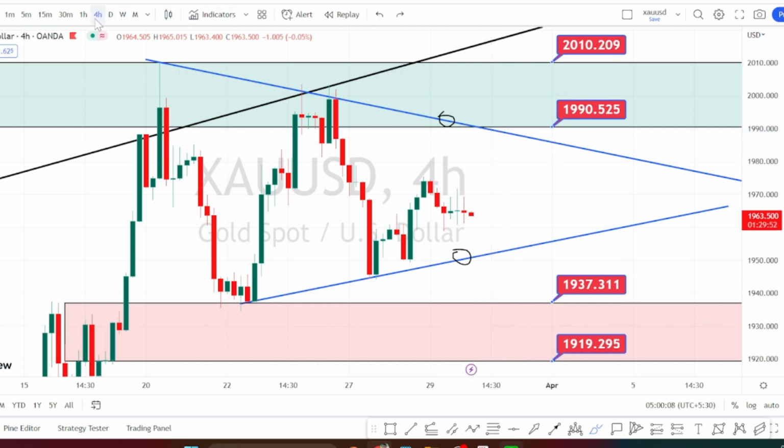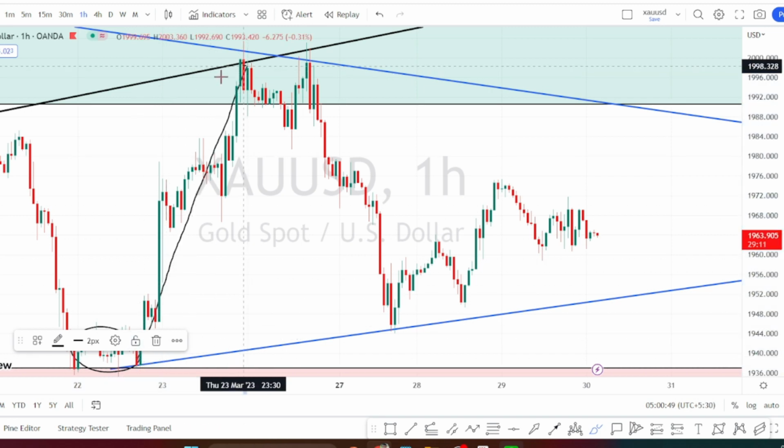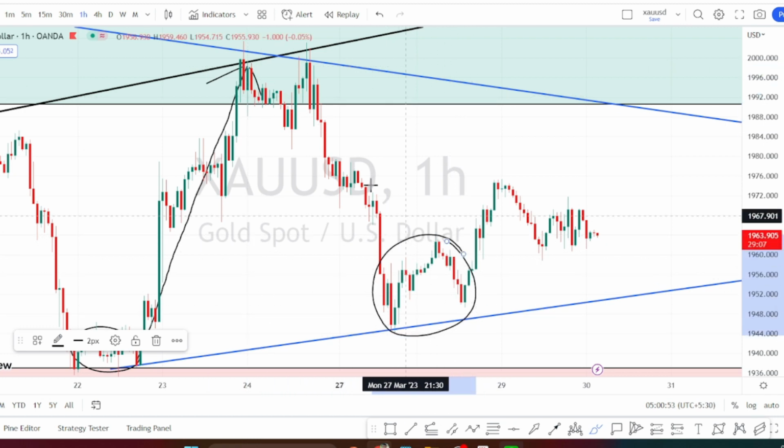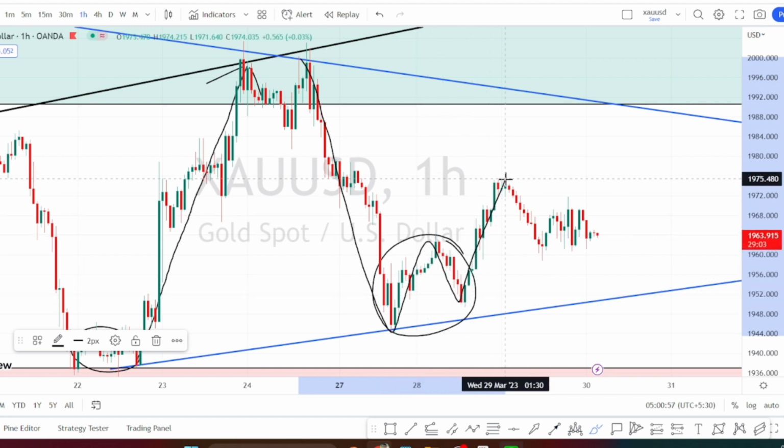Let us look at the price action in hourly time frame. I am in hourly time frame, and in the past price action we have noticed a price action to take support around the support level of 1936 or 37 and to move on the bullish side retracement with a very strong bullishness. And here it has also formed a double bottom pattern or made a consolidation, but the bullishness is becoming